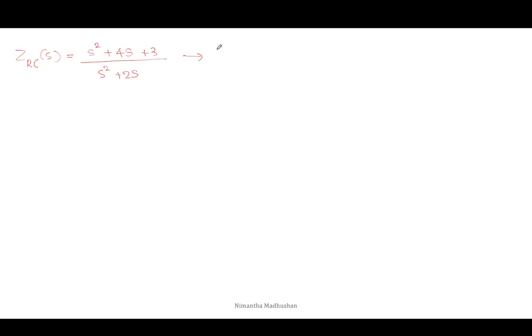Now I substitute s equal to j omega: ((j omega) squared + 4j omega + 3) over ((j omega) squared + 2j omega). You can write (3 minus omega squared